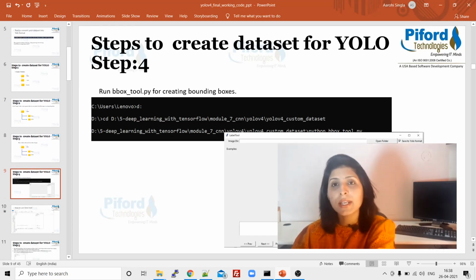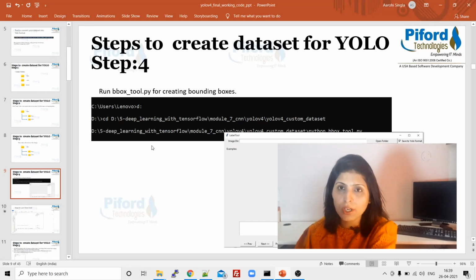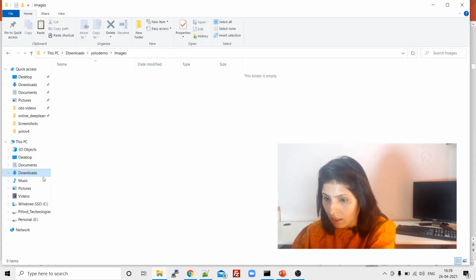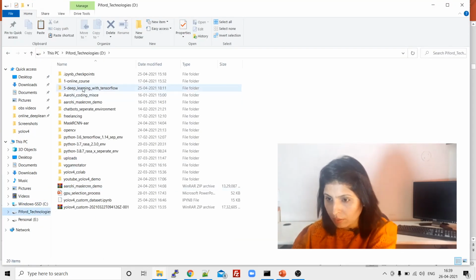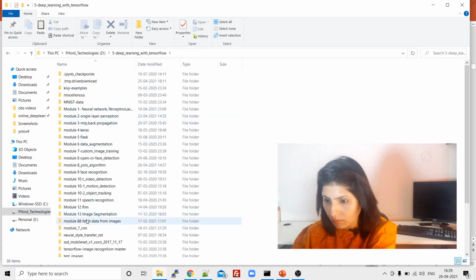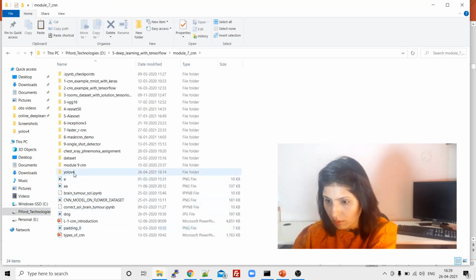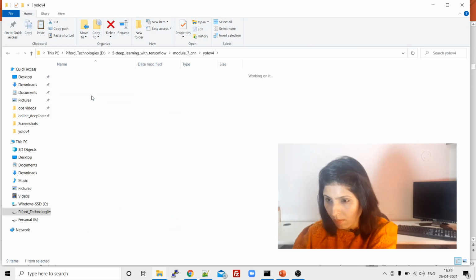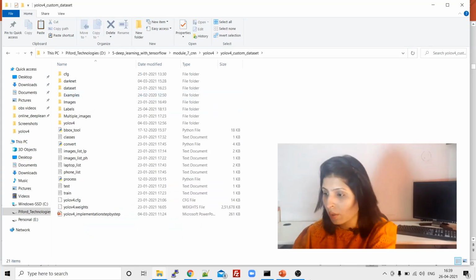After that, the next step is, now we are going to use that bounding box tool for annotation. So okay, let me open my code first of all. So here is my code.